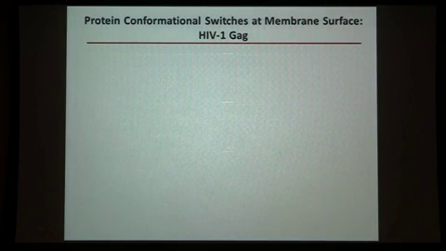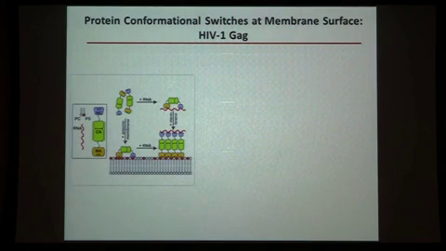So what kind of questions can you address with this kind of information? The first example I will show you is the HIV GAG protein. HIV GAG is a multi-domain protein that's involved in HIV assembly. At one point in the viral life cycle, the GAG protein is made. It contains a number of modules which are cleaved by the HIV protease, and those modules